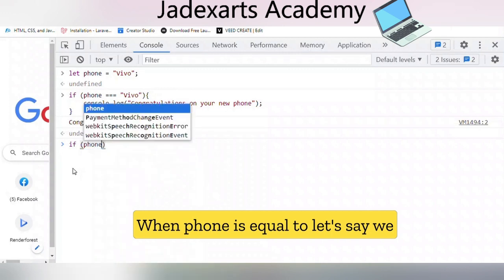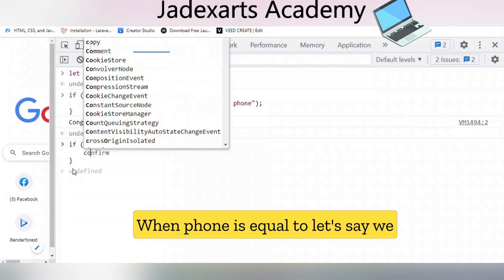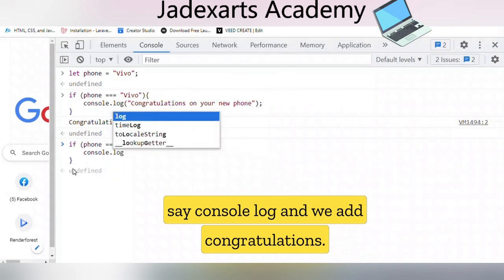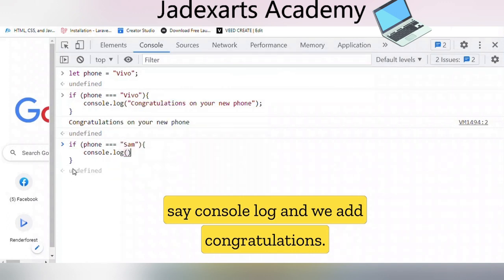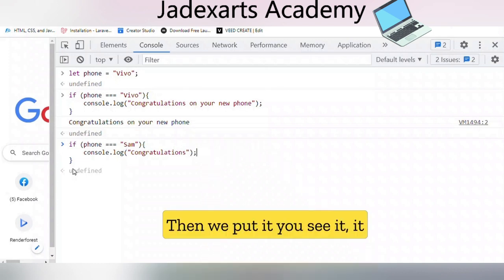When phone is equal to, let's say, Sam, then we say console.log and we add congratulations, then we put it.